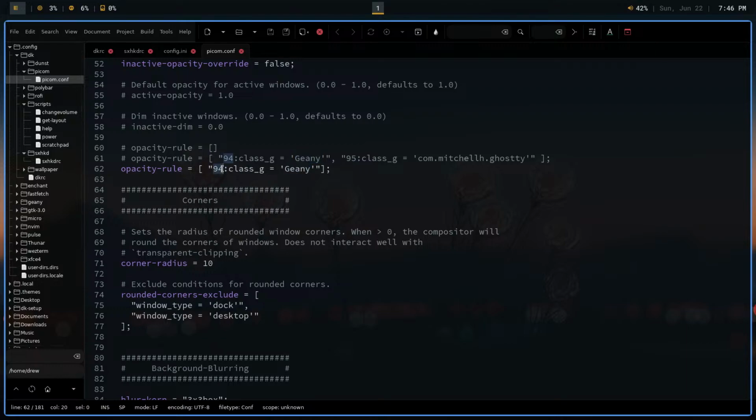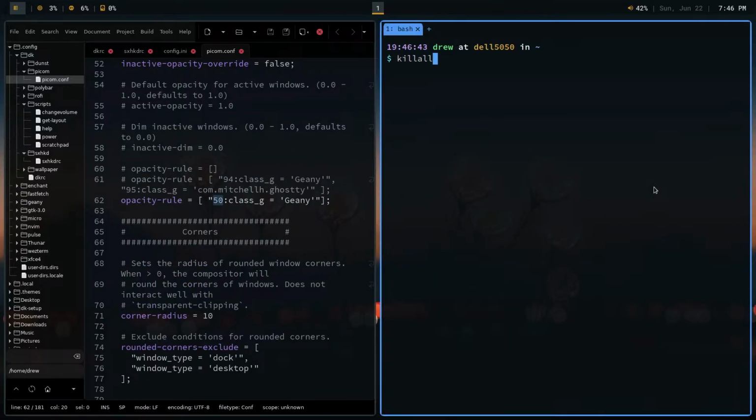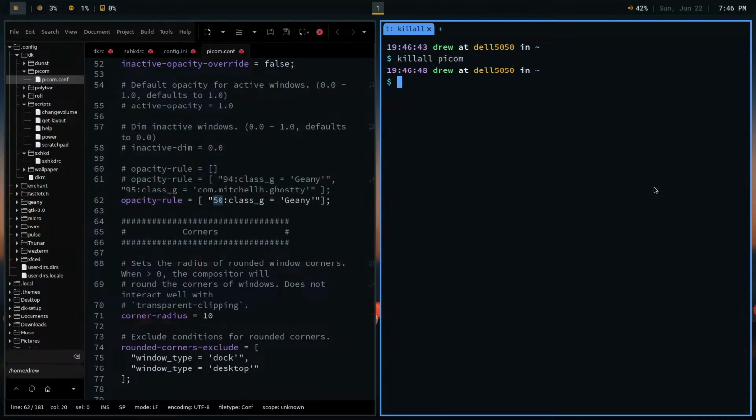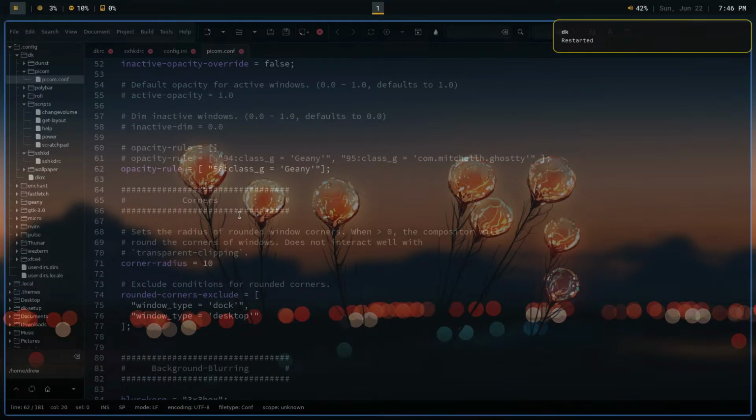And let's just say I turn this to, let's make it really transparent. So let's just go to 50 and save. Do I have to restart? Yeah, I think I probably have to restart Picom. So let's just say killall picom. Okay, and then let's try to restart. There you go. So I've restarted, and you can see now